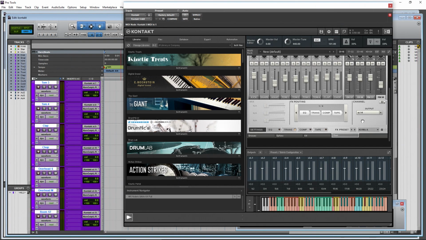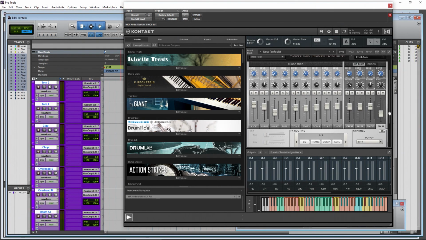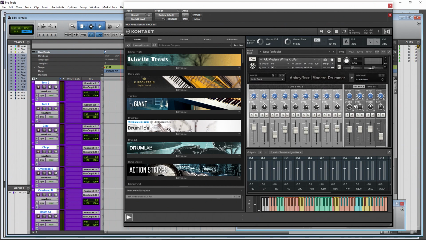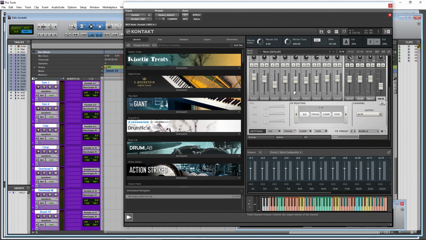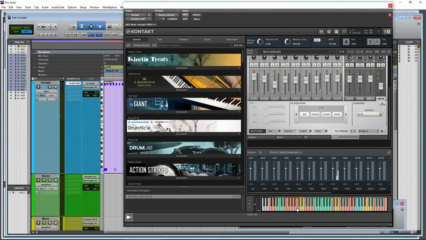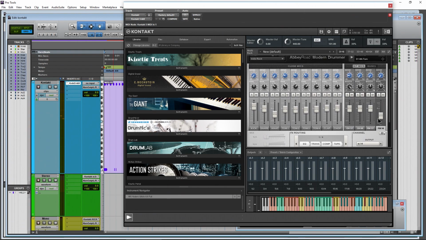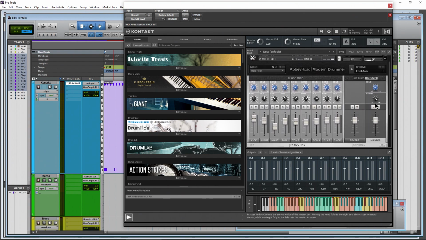Okay, there we go. So now all of our drums should be properly routed here in our mixer, in this case Abbey Road Modern Drummer, and here in Pro Tools. So if I play something in here, we can see it's coming through. Obviously, we're not going to hear it yet in Pro Tools. At least not much. We still have stuff coming out, keep in mind, up here, right? We still have some of the master coming through